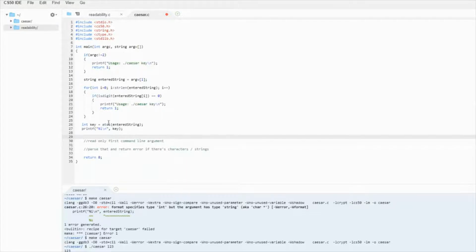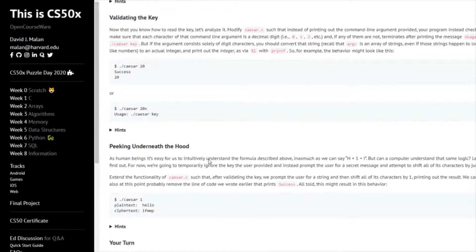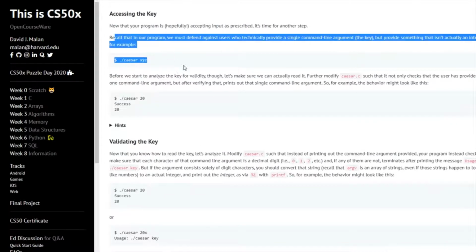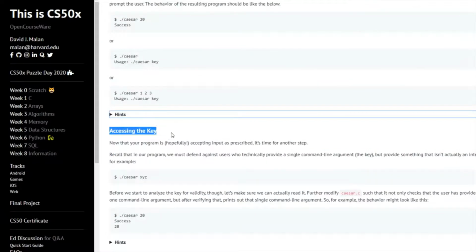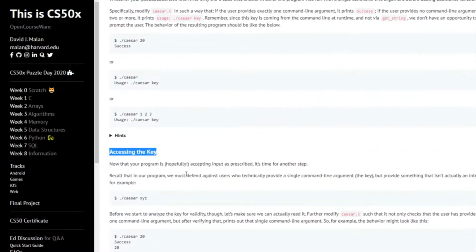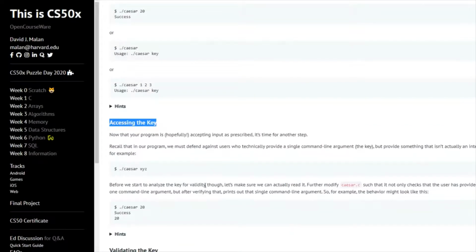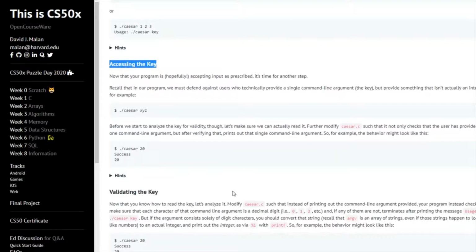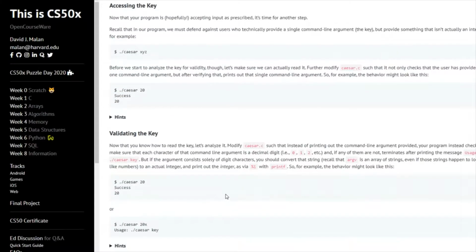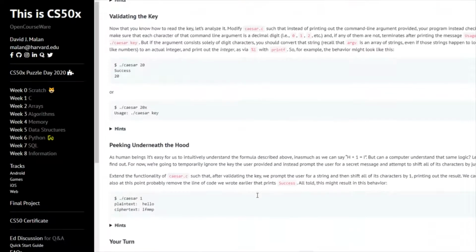So now we're at the point, so all this is done. So we're now accessing the key. Sorry, I'm trying to rush through this because I'm really hungry. And anywho, so we're going through here. They have success written out. You don't really need to do that. You'll end up deleting it before you actually submit it.